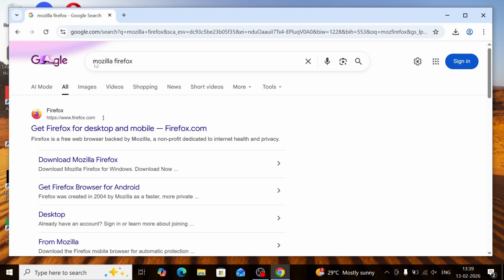Hey everyone, in this video I will be showing you how to download and install Mozilla Firefox browser. So let's get started. First thing, just Google that and we'll be having the official link. Click it,